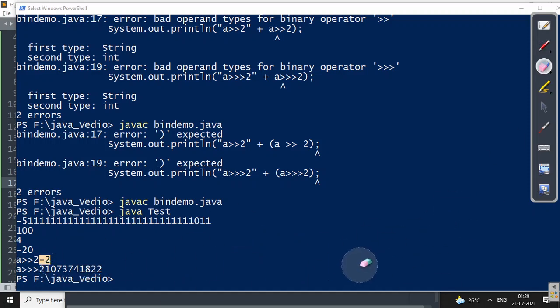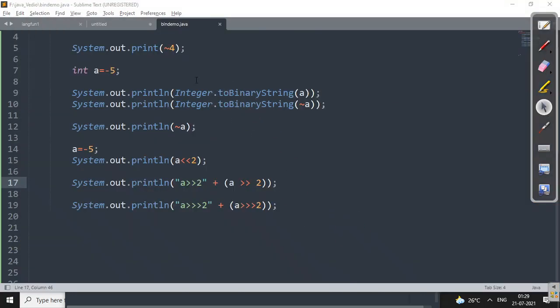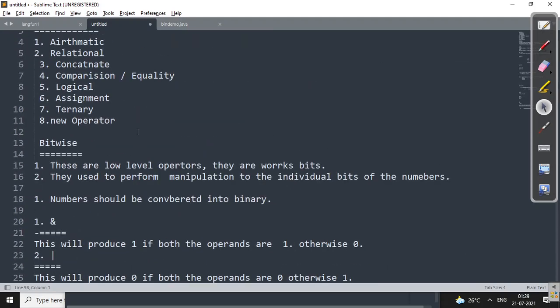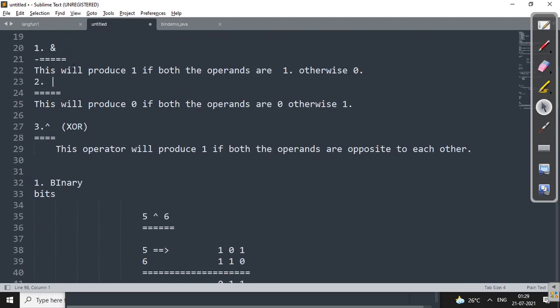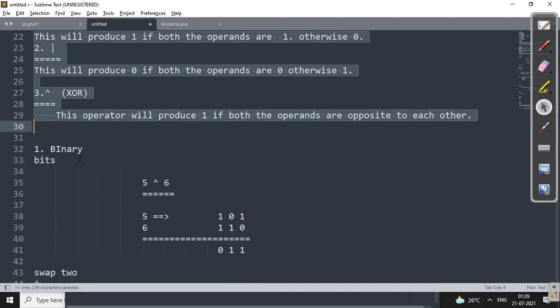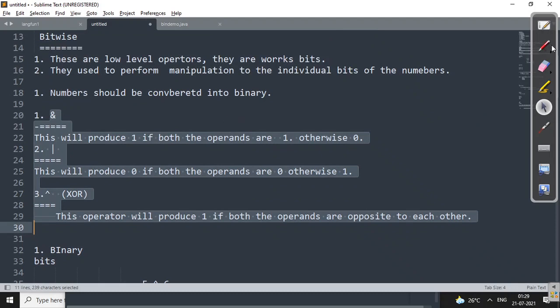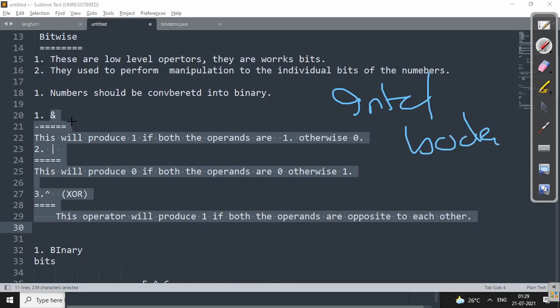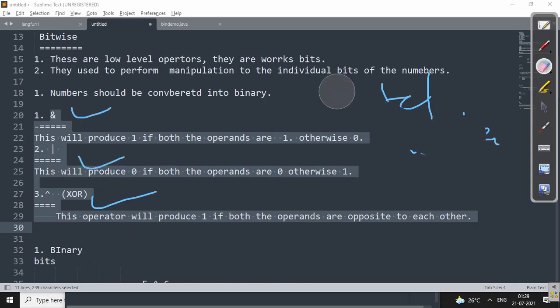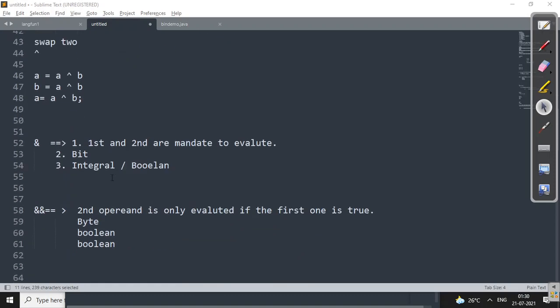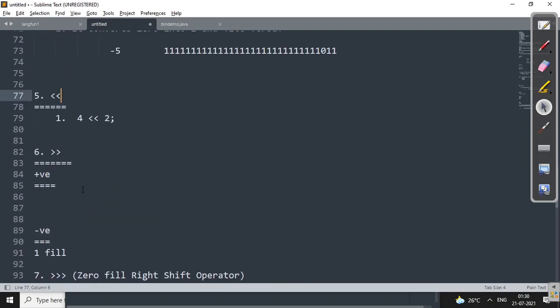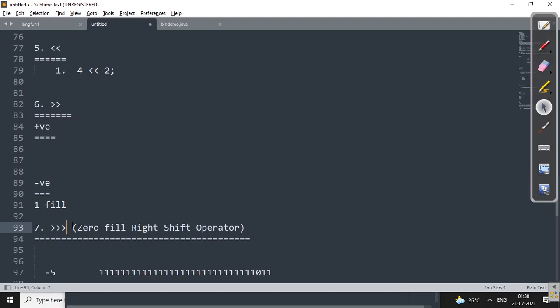So these are all the binary or bitwise operators we have in Java. Make sure you understand each and every operator provided by Java. I repeat, among all these, the first 3 operators work on both data types: they are okay with integral values and with Boolean values. Only these 3. The remaining are okay with only integral values. Boolean cannot be operated on with bitwise ones complement, bitwise left shift, right shift, or bitwise unsigned right shift. Hope you all are clear about these operators.